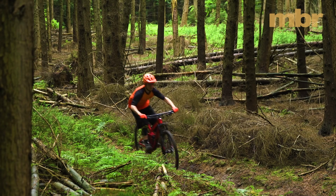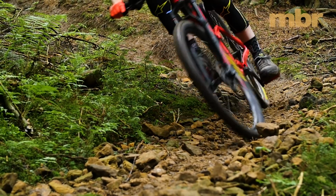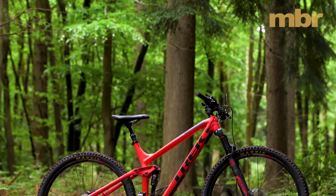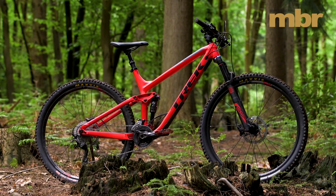Trek may not shout the loudest, but it has been singing the praises of 29-inch wheels for longer than anyone. We've already tested the Fuel EX Plus this year, and it narrowly missed out on the top spot of our Trail Bike of the Year shootout, so it will be fascinating to see whether it can seal the deal in